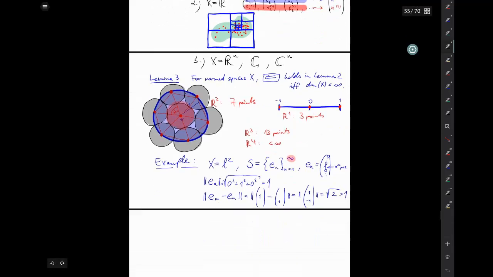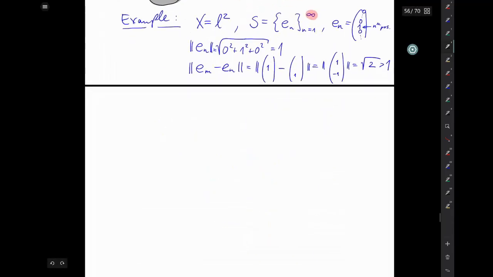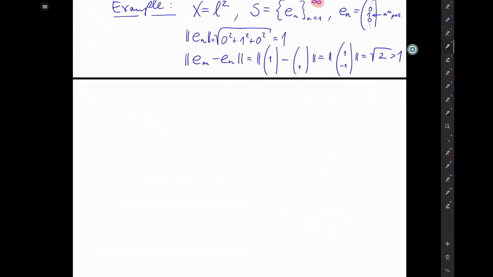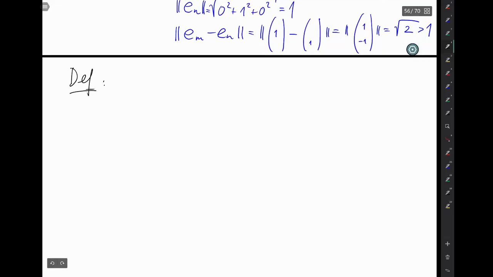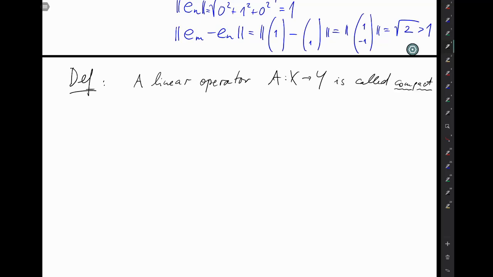So I think now we are ready to speak about compact operators. So now let X and Y be normed spaces, because we need the vector space structure in order to define linear operators, and we need the norm structure in order to have a metric. And we say that a linear operator between such spaces X and Y is called compact if it maps bounded